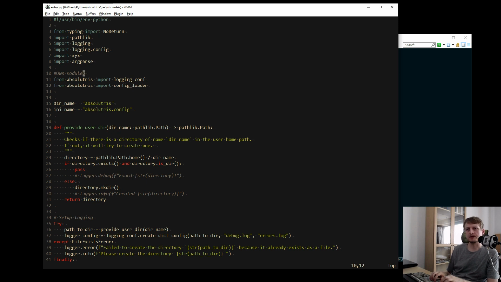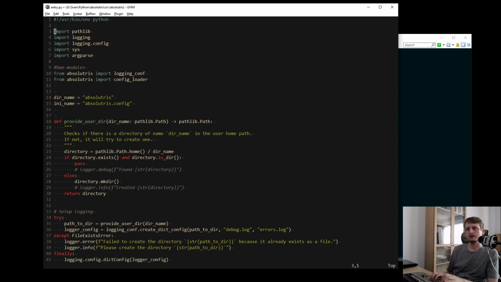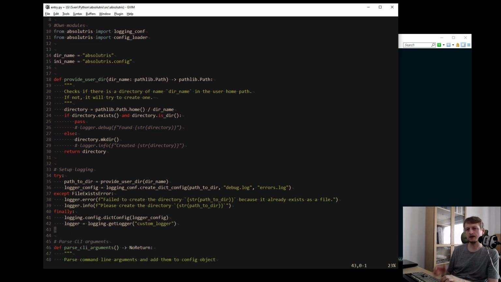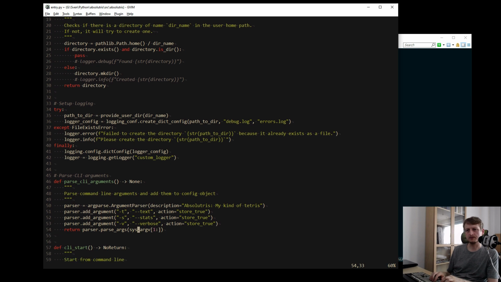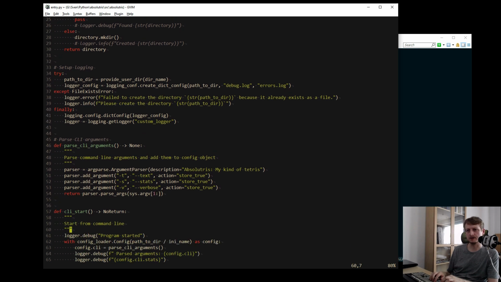These typing hints: I should use no return only if the function never returns, and my understanding until now was that if it returns none, it's basically no return. But this function returns none, so I should say it returns none rather than no return, because this function will run and then it will return.